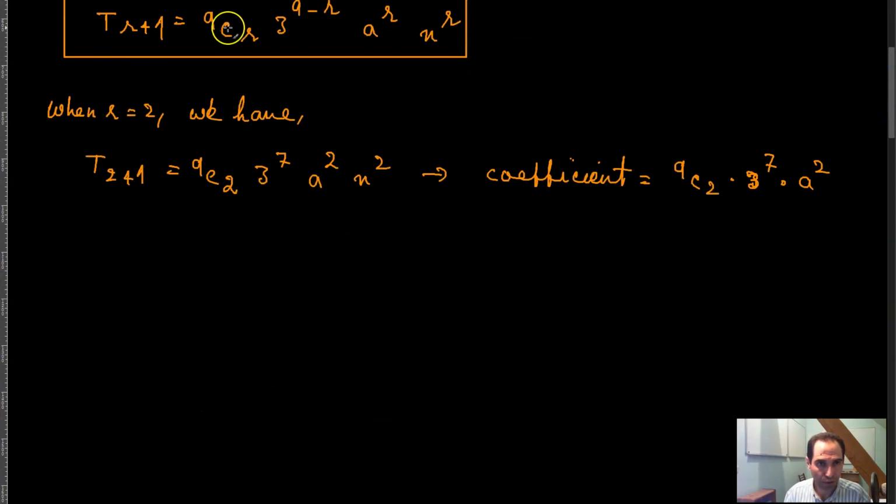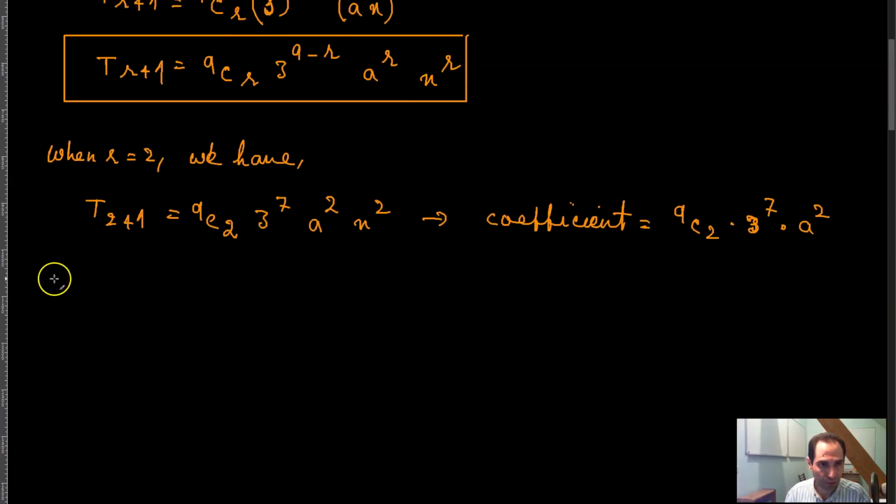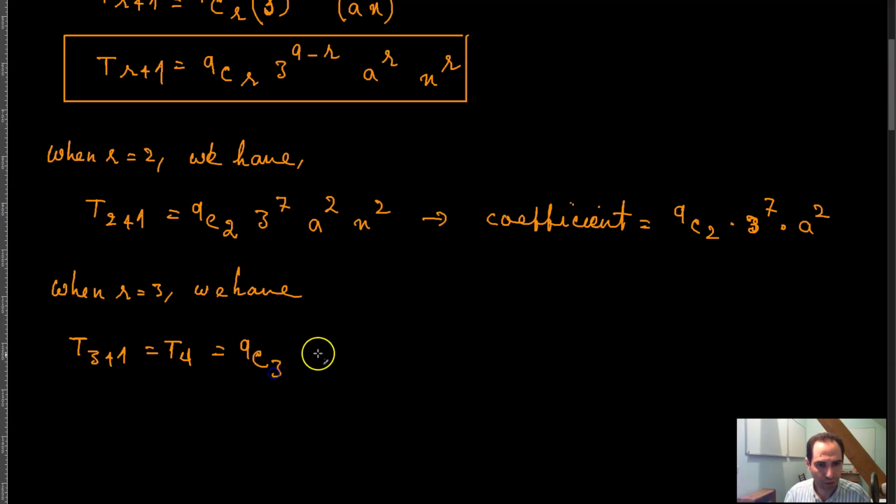So that means that when r is equal to 3 here, we have t of 3 plus 1, which is t of 4, is equal to 9 combination 3, 3 raised to the power 9 minus 3, which is 6, a raised to the power 3, and x raised to the power 3, which means that the coefficient here